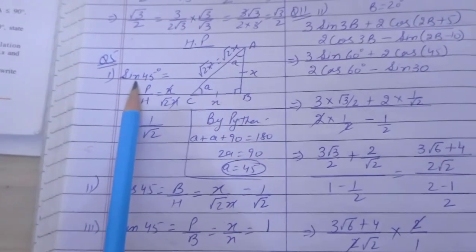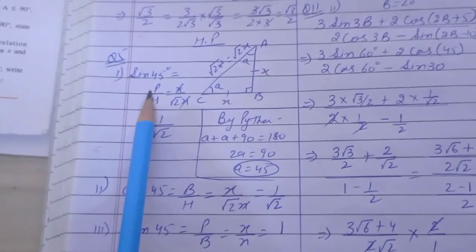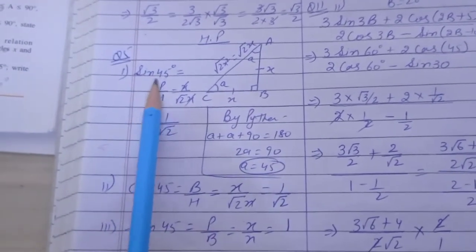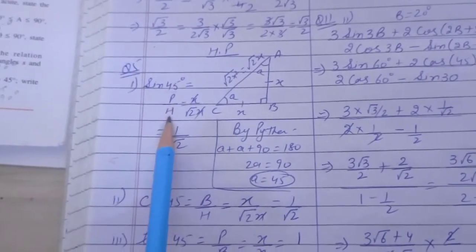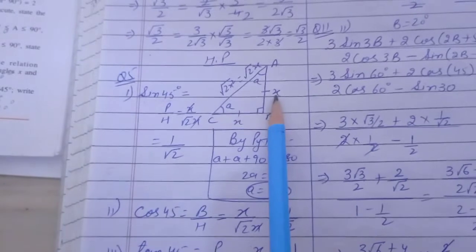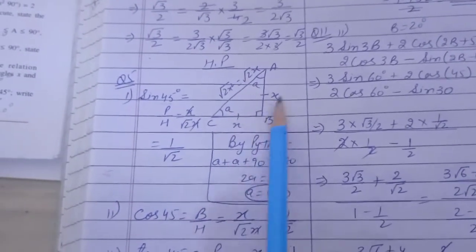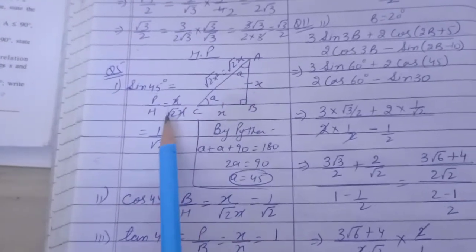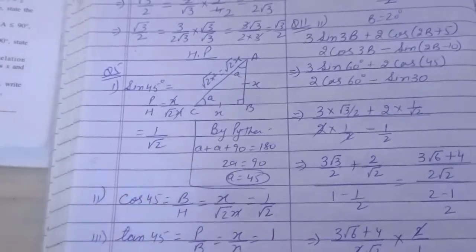Children, we know the value of sin 45 is 1 by root 2, but we are asked to find out the value using this triangle. Now, you tell me, sin 45, sine is equal to what? In the last chapter we have done, that is perpendicular over hypotenuse. What is the perpendicular of this? Any side can be taken as perpendicular. X, and hypotenuse is root 2 x. X and x will get cancelled. It will be 1 over root 2.